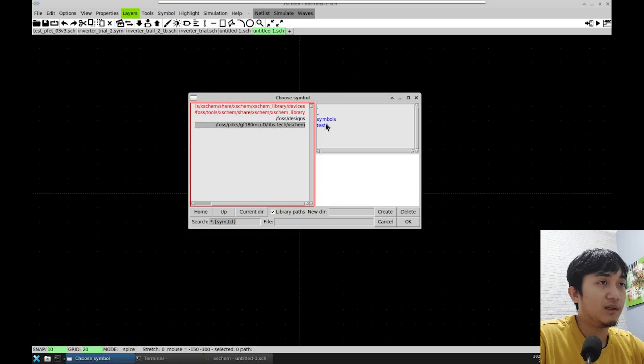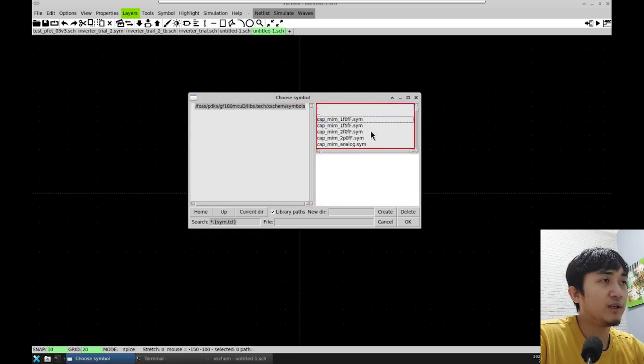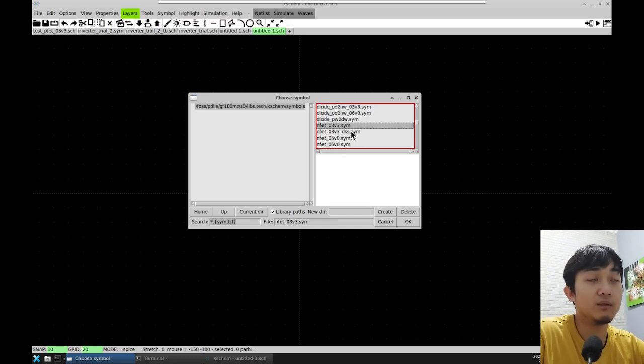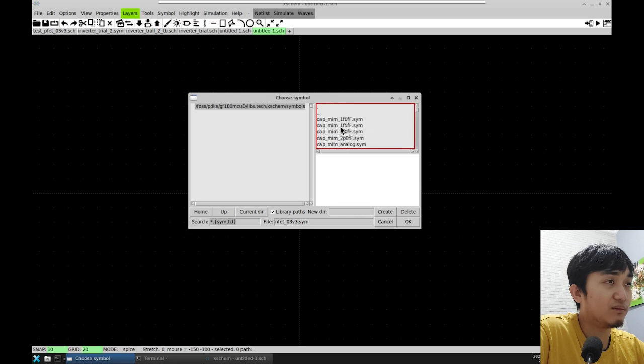Click on the directory, click on the symbols, and there is a variety of devices that you can use. These are called primitives, and we'll choose our NFET and PFET based on the voltage rating that we're aiming to achieve. Here, suppose that we will create a 3.3 logic gate. We'll use the 3.3 volt rated NFET and PFET respectively. So select that,